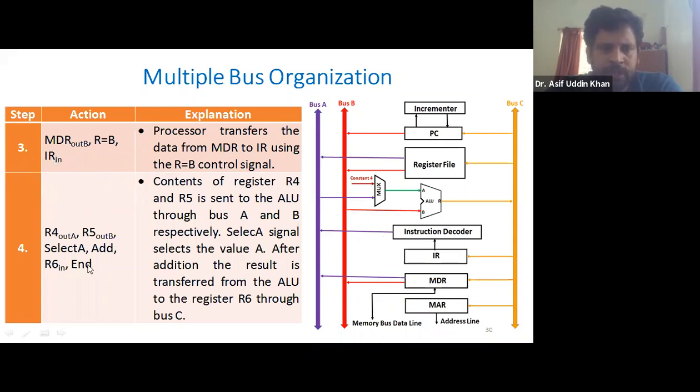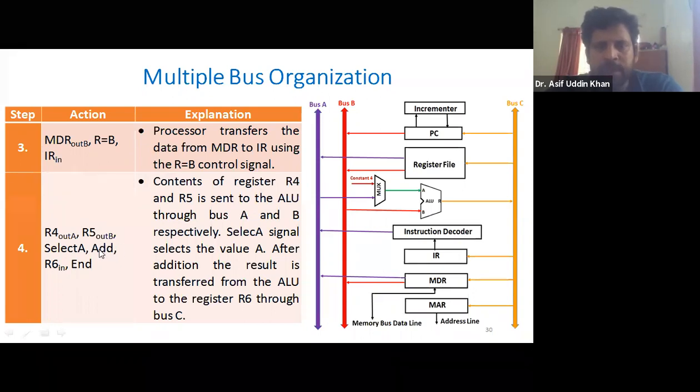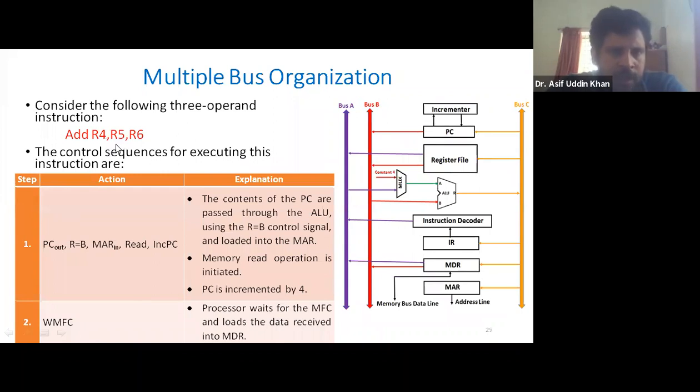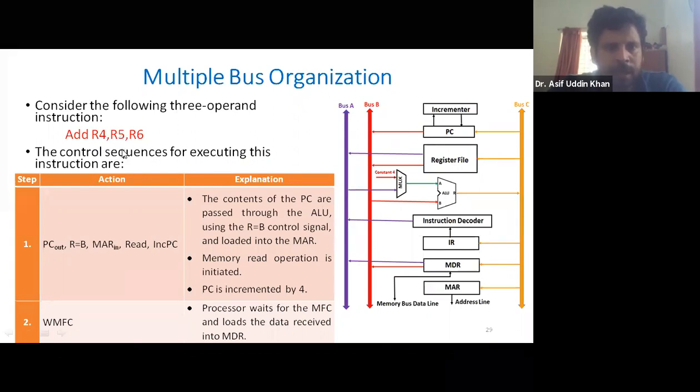Then what to do in the fourth step? We will fetch the operands and then we'll add. Okay. So you see here, the operands are fetched. What are the operands? R4 is the operand, then R5 is another operand. These two are the source operands, and R6 is the destination operand. So you have to read R4 from the register. All are registers, so there is no issue. There is no need to go to the memory because all the operands are in registers. Directly we can read. So you can just do R4 out, you can do R5 out. Then you can add these two and store the result in R6.